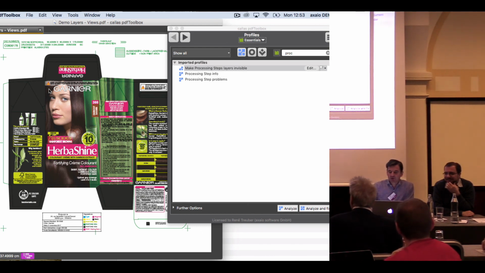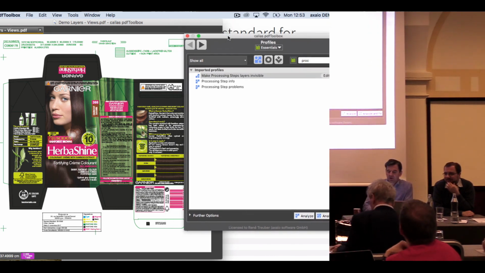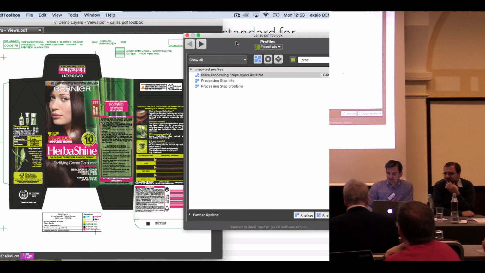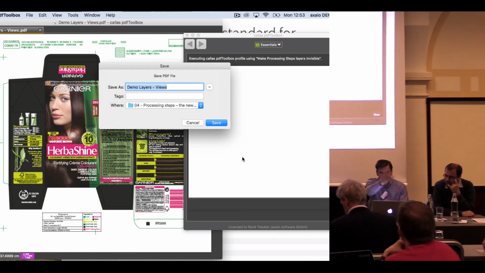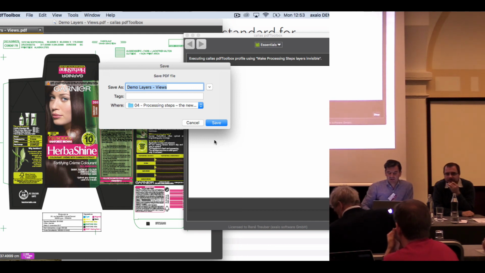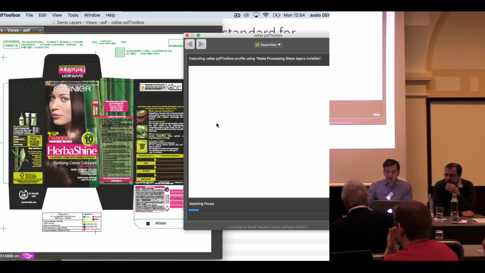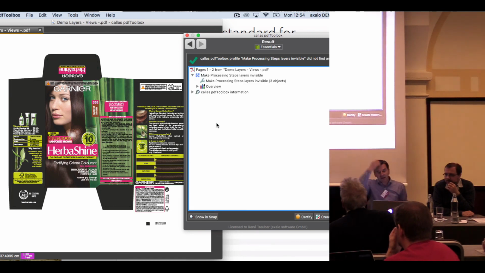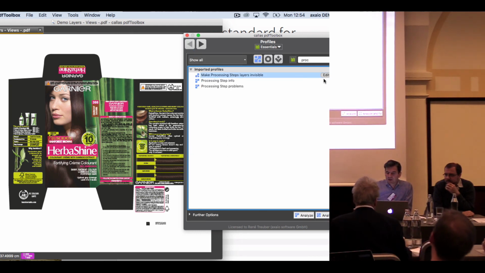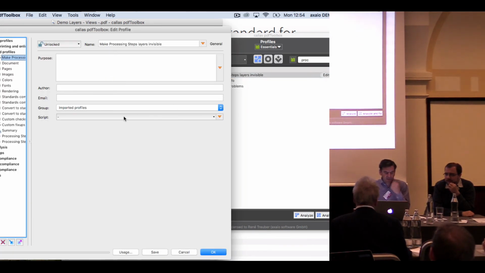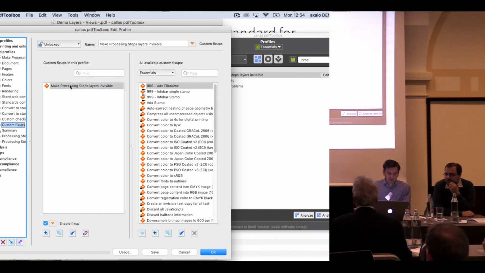And I just want to show you one thing. There are not just checks, there are also fix-ups. So if I would want to, because my RIP doesn't support processing steps, I can also make them all invisible, for instance, in this case, or I could even remove the stuff that is on these layers. And that is taking place by means of a thing that we have introduced to